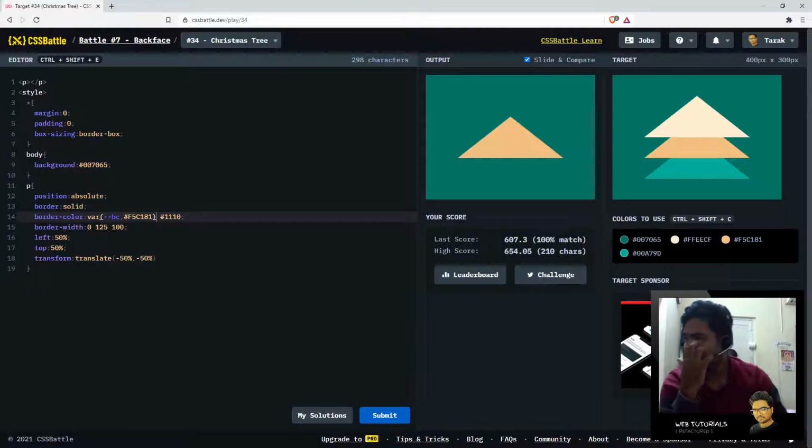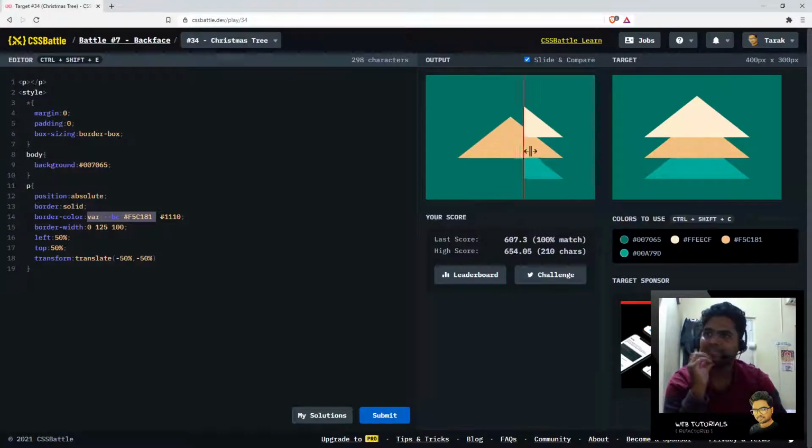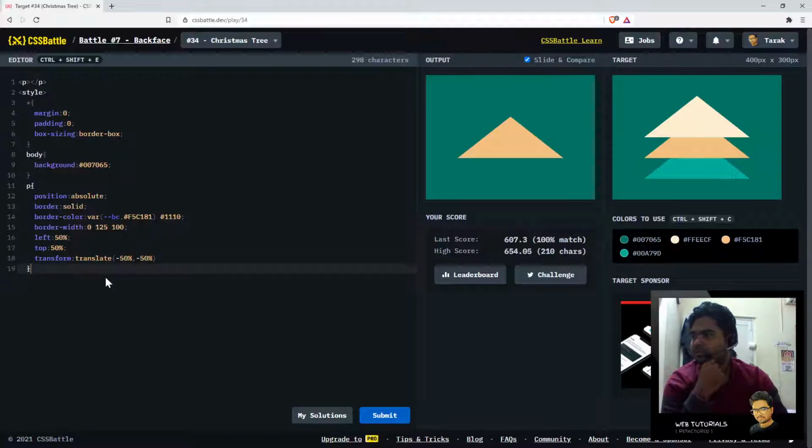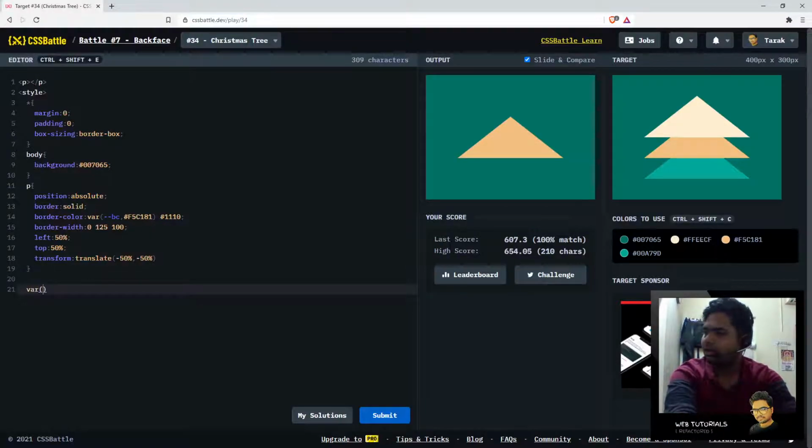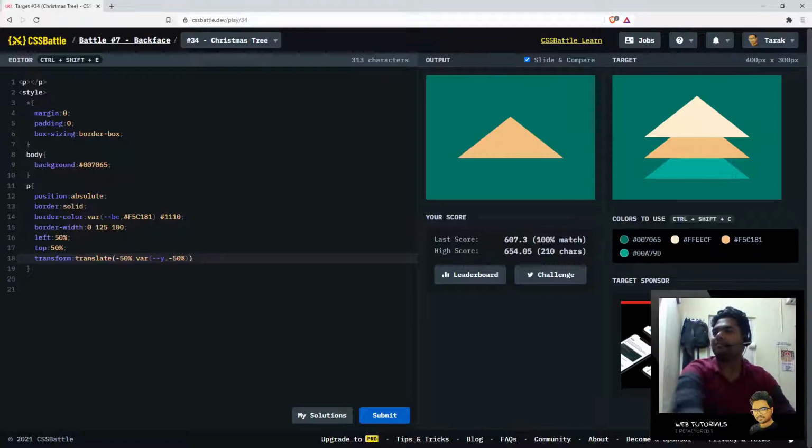So what we have done here is we have created a variable which is named BC, and it has a default value of this. So the center triangle will have that value, and for the transform on y we will create a variable again. So how a variable works is, you have a variable name and its default value after the comma. So I'm going to put this default value after a comma over here, and this I'm going to replace instead of minus 50%. So ultimately it's going to be the same, but the advantage we get is